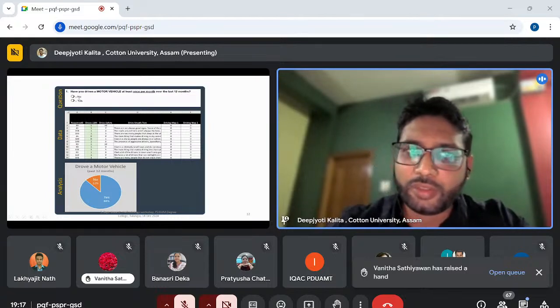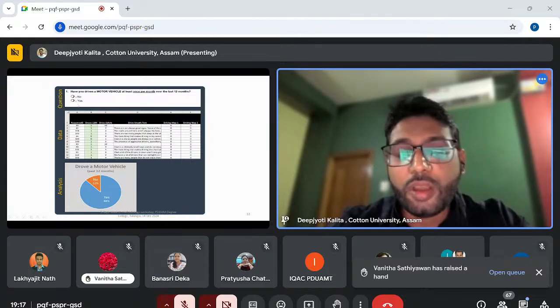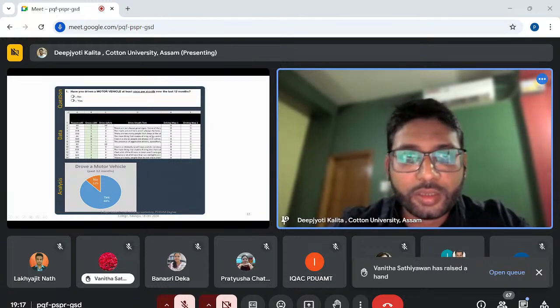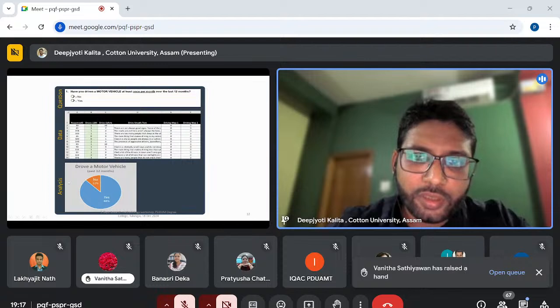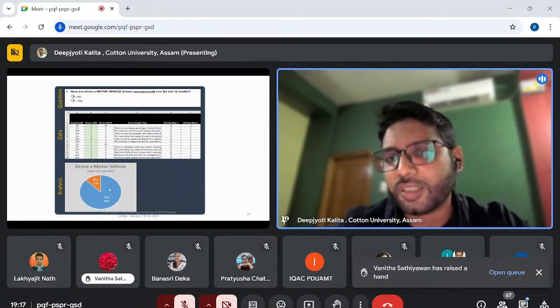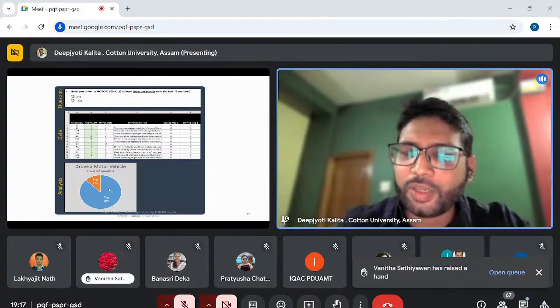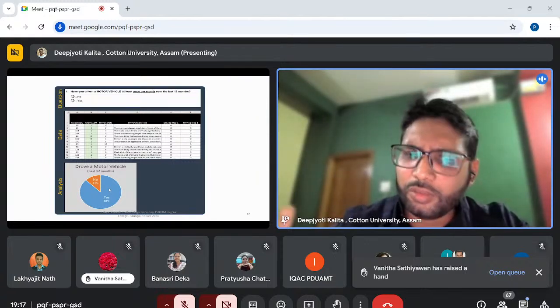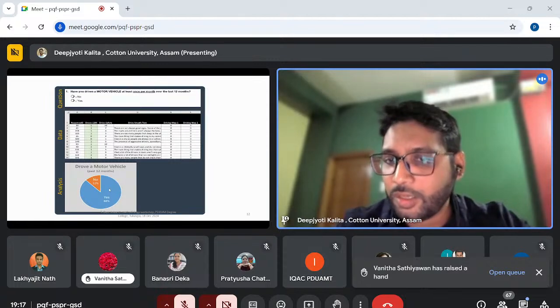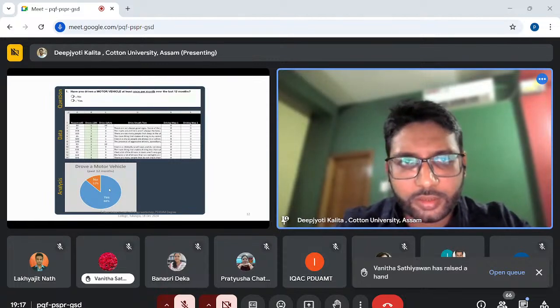Yes, there are two options, yes or no. Now, how is this going to generate data? This is going to generate data in this way, yes or no, and then you will represent it in some percentage. Okay, out of the total population, 88% have driven a vehicle and 12% have not driven a vehicle. So this is the simplest way of representing your study findings for dichotomous answers.